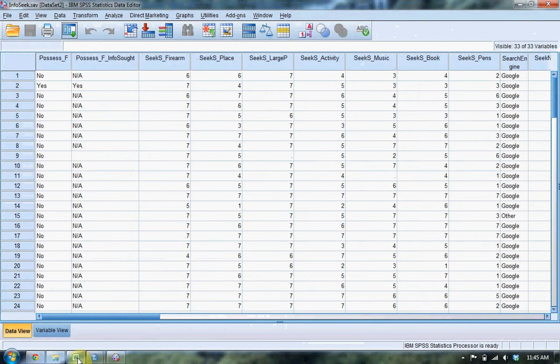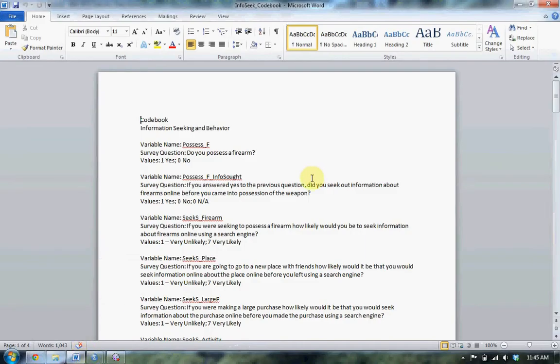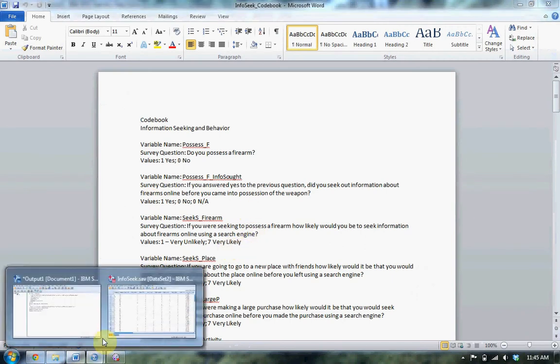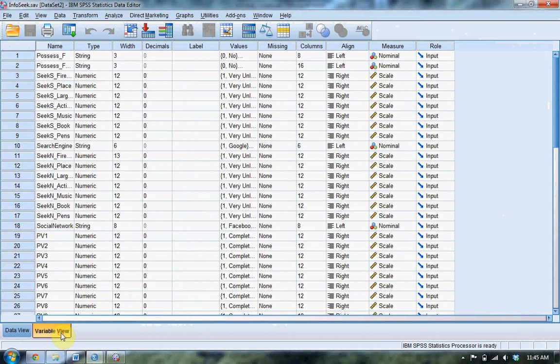next few minutes. If you have any questions about what a variable name is, what it indicates, I've also distributed a code book which has the variable names, the particular question that was asked on the survey, as well as what the values are in the answers. You can also look in the variable view to find out what the answers mean and what they're coded to. And we'll need to fix these and change it up a little bit, and we can do that here right